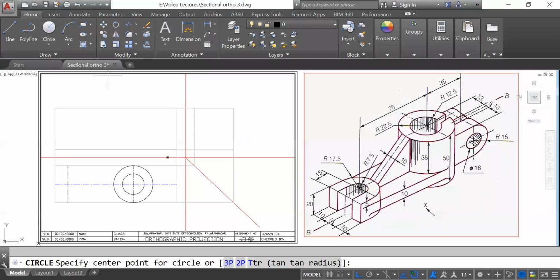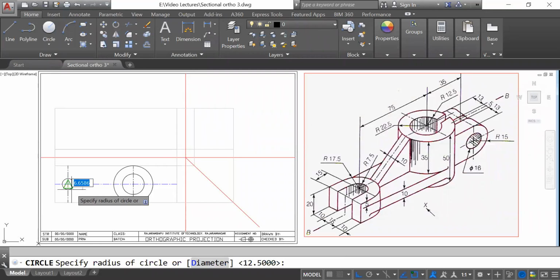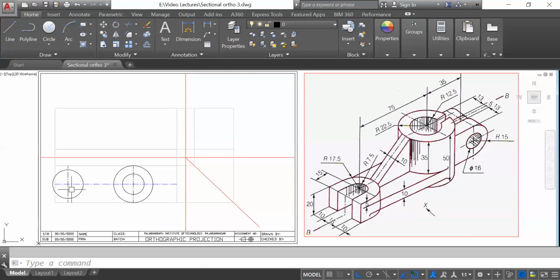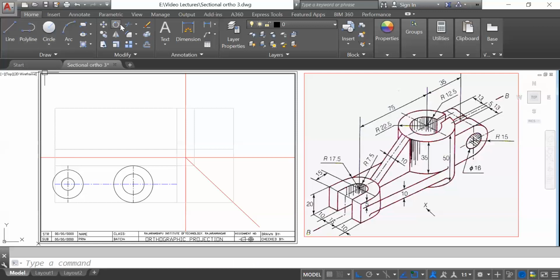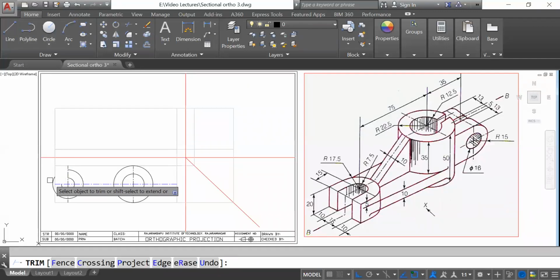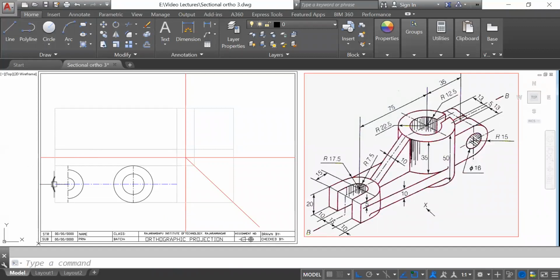So I'll draw two circles again here, 17.5, and then one more circle, 7.5. These are both half circles, so I will trim them, and finally you can select and delete.